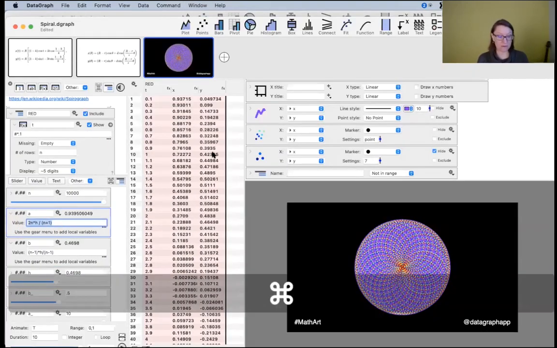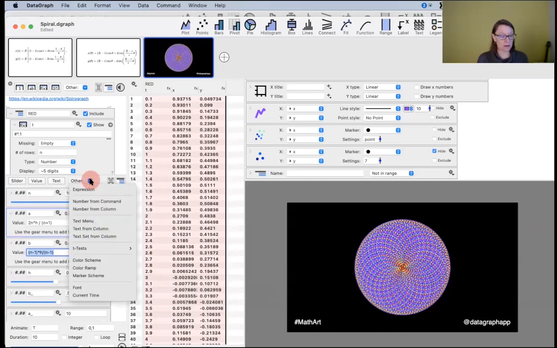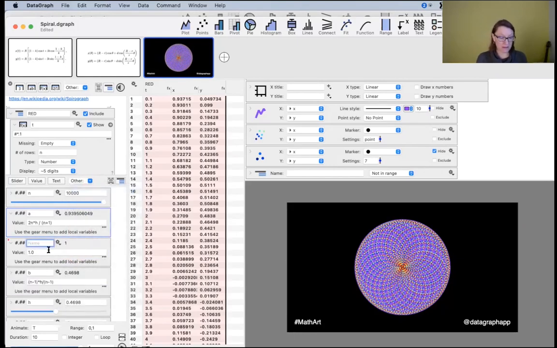If you want to see what these equations are, I'll just put in the chat the equation for, this is the equation I'm using for A. So again, having A be a function of N and H. And then here's the equation for B. So what I'm doing here is I'm actually using a variable type that's an expression variable. And when you create that, then you have a place that you can put another expression where those variables then depend on these other variables that I've created. Okay, so